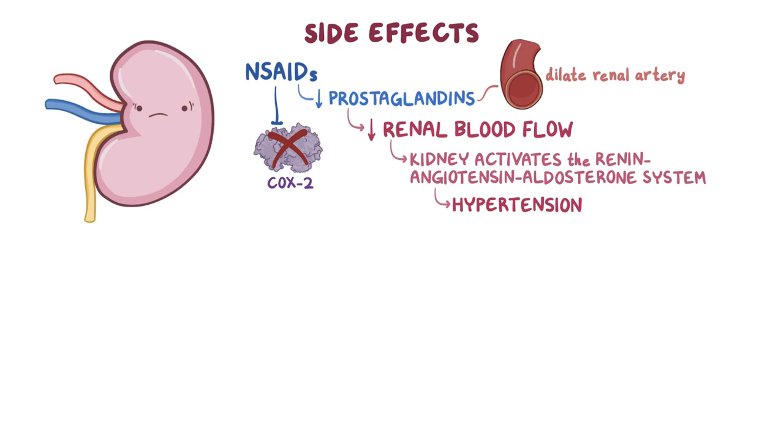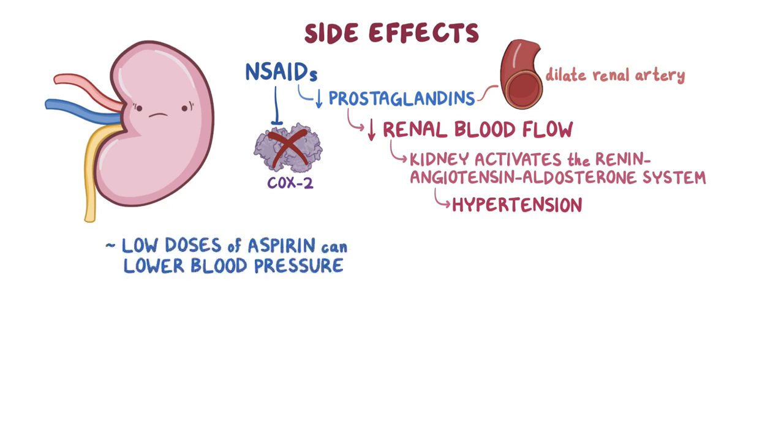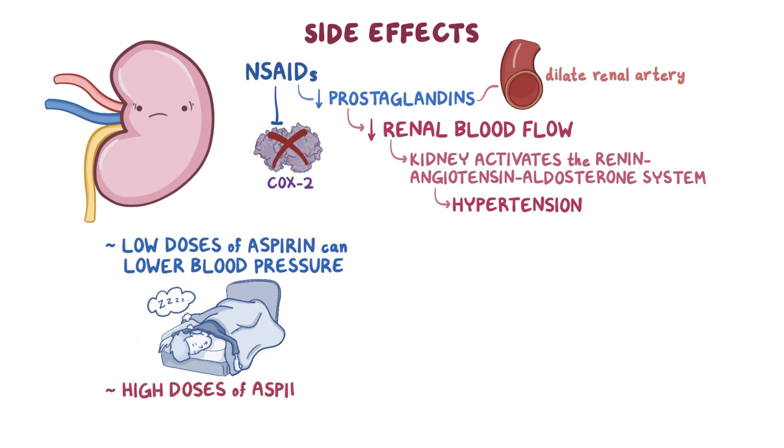An interesting fact is that low doses of aspirin can actually lower the blood pressure, but only if taken right before bedtime. The mechanism behind this is still being studied, but high doses of aspirin will increase blood pressure like all the other NSAIDs. Now, when the blood flow to the kidney is reduced, it can lead to acute kidney